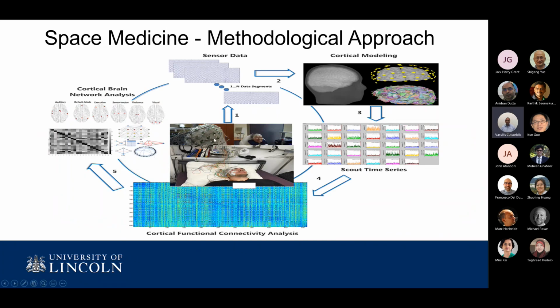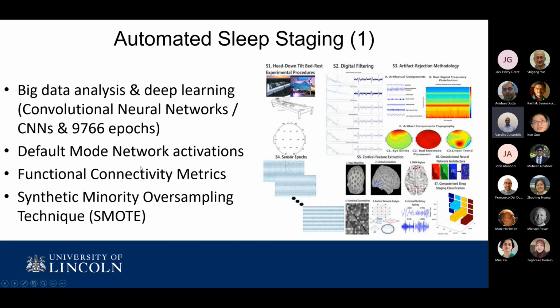This was our computational pipeline that we applied. We gathered the data. We applied time series techniques in order to get high-quality artifact-free data. Then we applied cortical modeling. We modeled the time series of various cortical regions in order to obtain functional connectivity analysis and finally to apply graph theory metrics. The first outcome of this study was an automated sleep staging employing convolutional neural networks on those